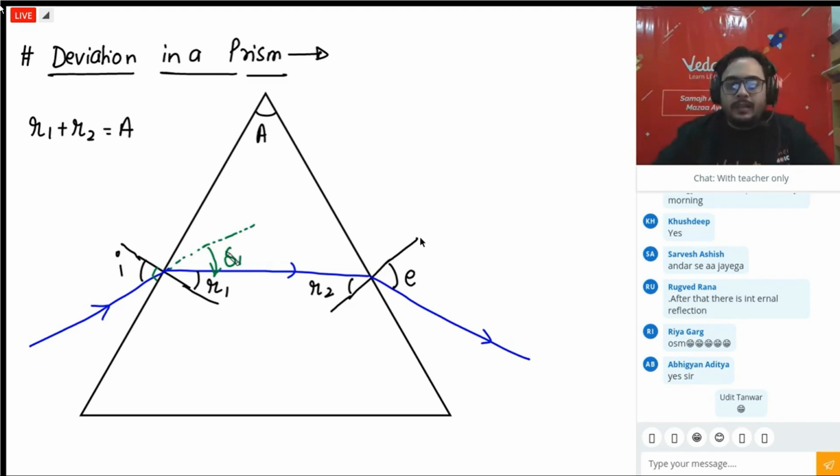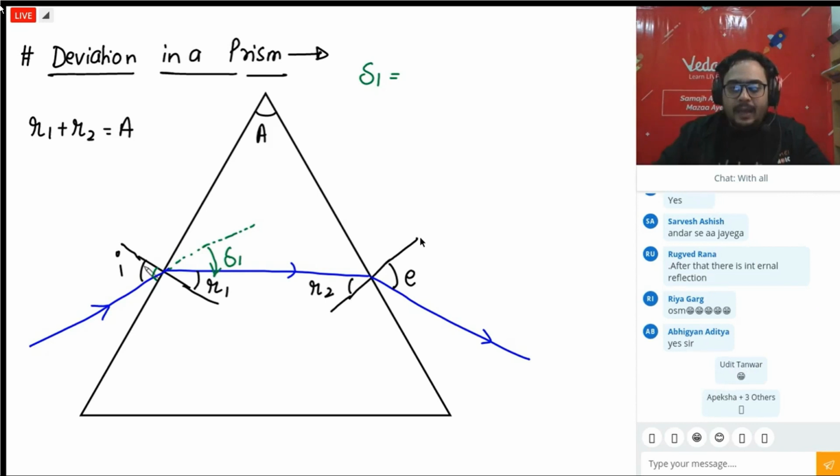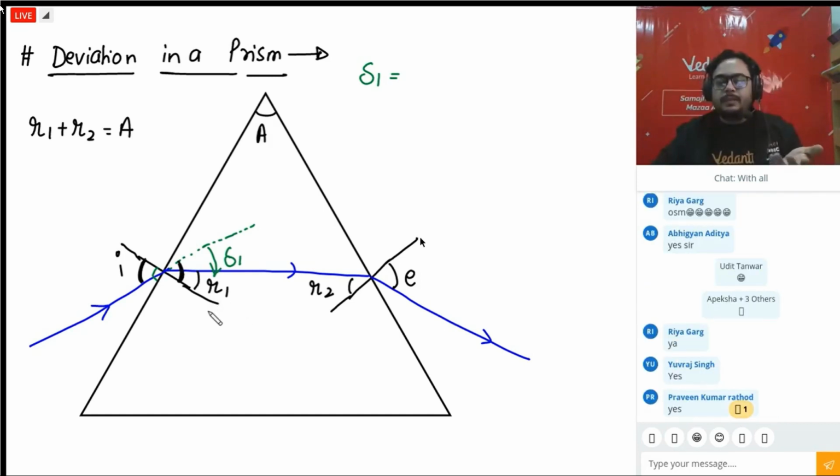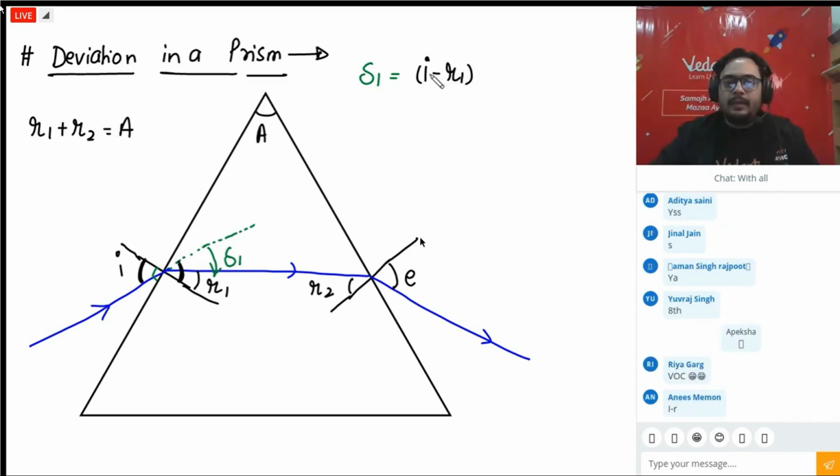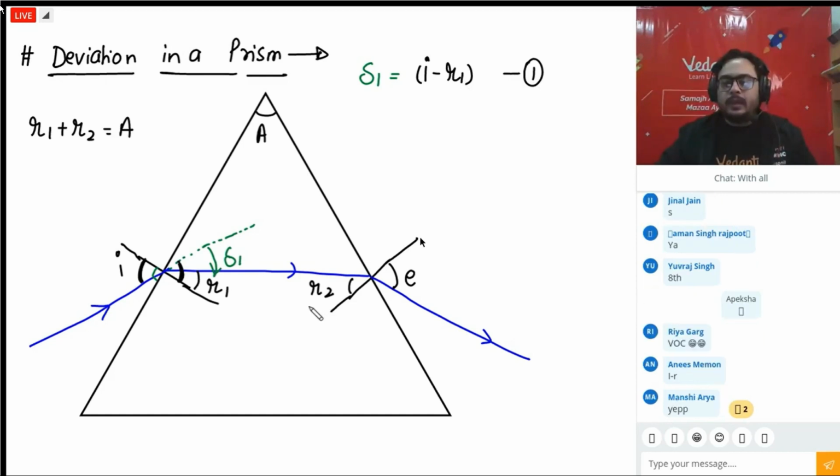Okay, so the ray was going like this. There is a deviation delta 1. Can I say? So what is the deviation? Can you tell me? What is the deviation delta 1? What will be the value of deviation? Like if this angle is I, can I say this whole angle is I? Vertically opposite angle? अरे vertically opposite angle, maths बचपन में पढ़ी थी. What will be delta 1? Delta 1, I can say it will be I minus R1. अरे am I सही बोल रहा हूं कि नहीं? बोलिए. I minus R1. Okay, so one deviation happened.